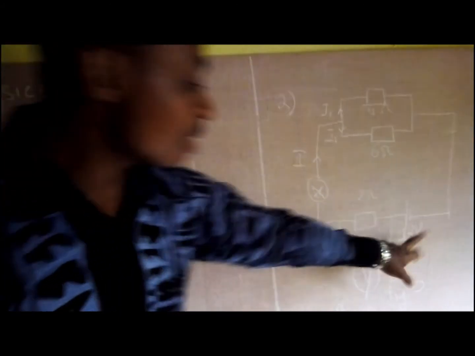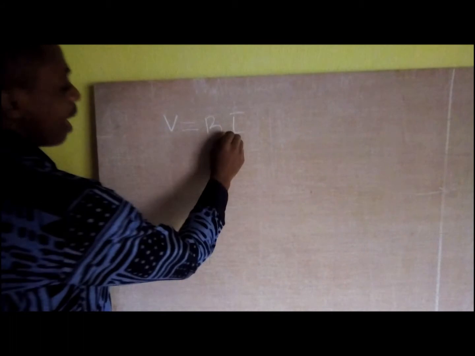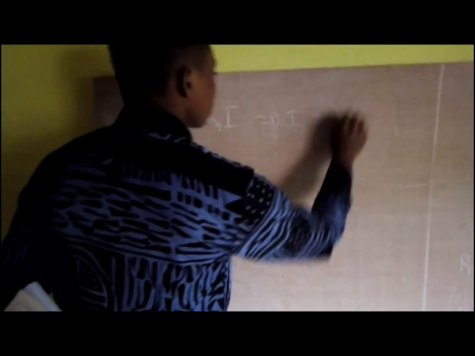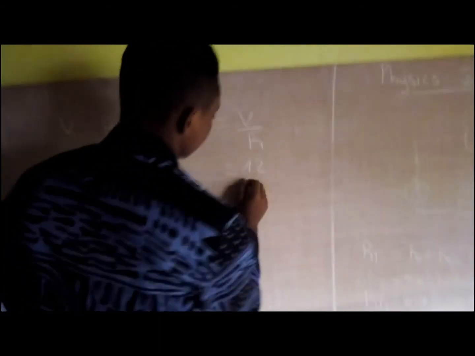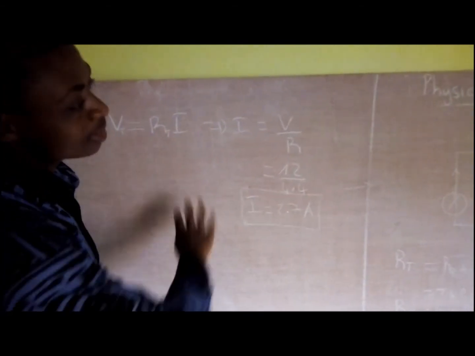It means we need the total resistance of the circuit and this voltage supplying the whole circuit so as to obtain the current flow through the resistor. And we know that from Ohm's law, V is equal to RI, where R is the total resistance, V is the total voltage, and I will be the total current, I. So I is just equal to V on R, where V is equal to 12 volts and R is equal to 4.4 ohms. So this is all about this exercise.